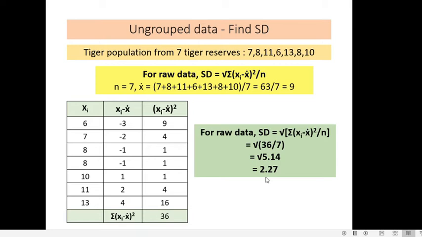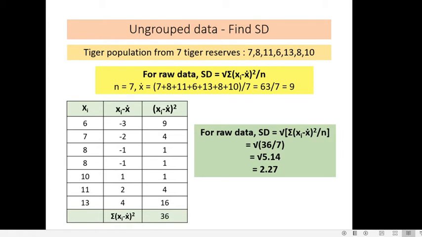So it is the measure of the amount by which all the values differ from the mean. So what is the range of this observation? That is what is represented by standard deviation. So the answer will be represented as mean plus or minus SD, or standard deviation, equal to 9 plus or minus 2.27. That is how we express the mean of the data. To make it more valid, we add the standard deviation also. So this is how we calculate standard deviation for ungrouped data.